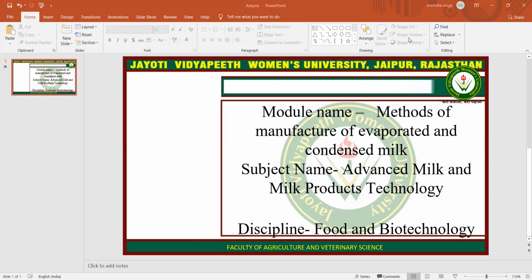Then standardization to adjust the fat and SNF. This is done so as to conform to the legal standards in the finished product. Standardization of raw milk is carried out in three stages. First, establish the desired fat and SNF ratio of 1 to 2.5. Second, establish the desired ratio of sugar and total milk solids. Third, concentration of finished condensed milk to the desired percentage of total solids.